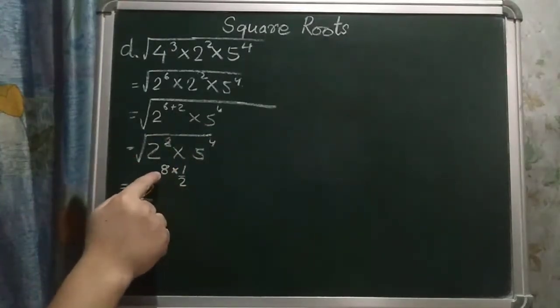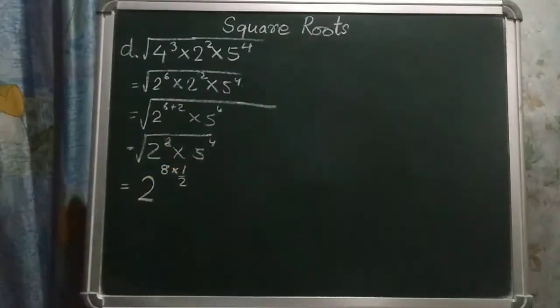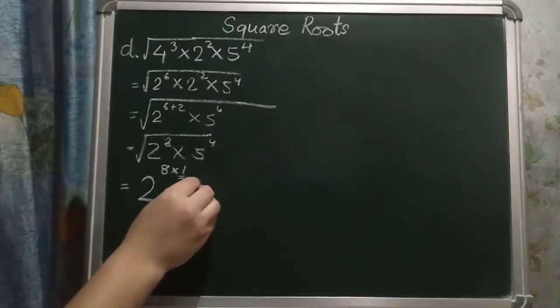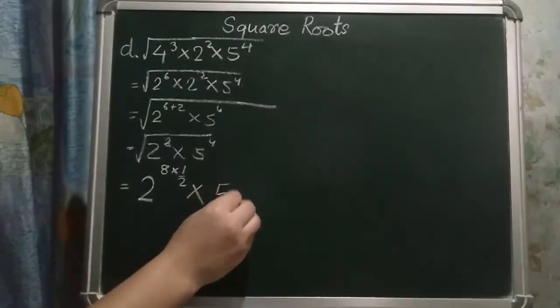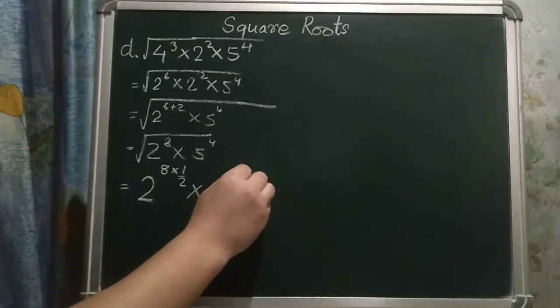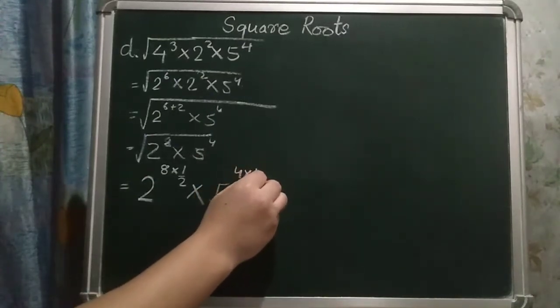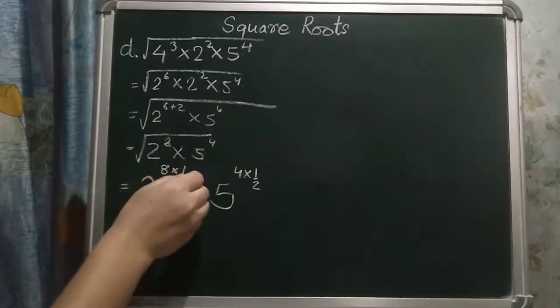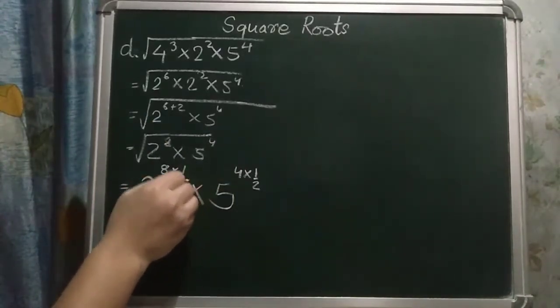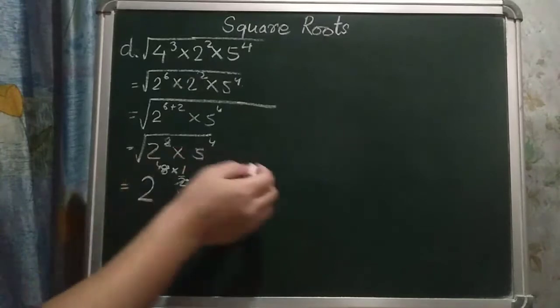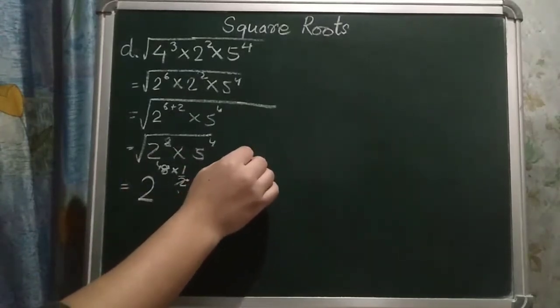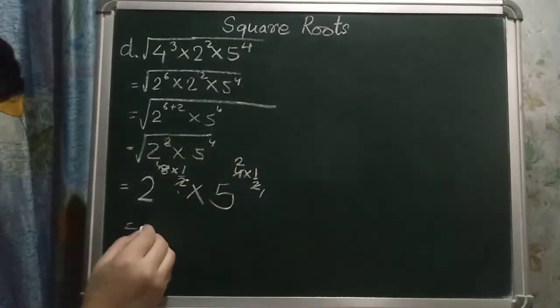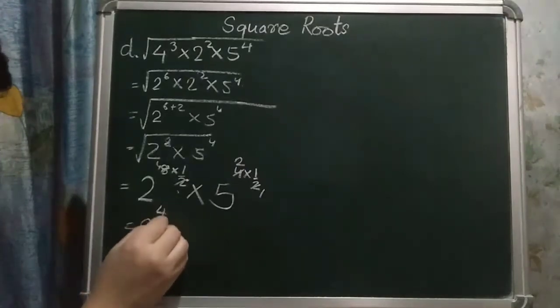Again into 5 to the power 4 into 1 by 2. Okay, so now we can cancel this. 2 ones are 2, 2 twos are 4, 2 ones are 2, 2 twos are 4. So how much does it become? 2 to the power 4 into